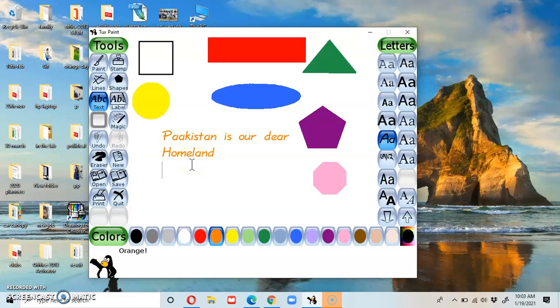If you want to move the text you have typed to a new place, just click at that place on the drawing canvas before pressing the enter button. You will find that the line of text you have typed has moved to that location. For example, here, if I want to type here, I will click here. Now the text will appear here.